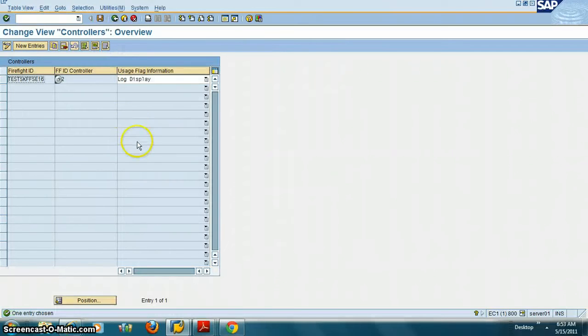Next column, controller, is where you will say this firefighter ID will be tracked by this internal auditor or controller, who will get the logs or the emails saying that this person logged into firefighter, did these different transactions, and this is the reason he did it.